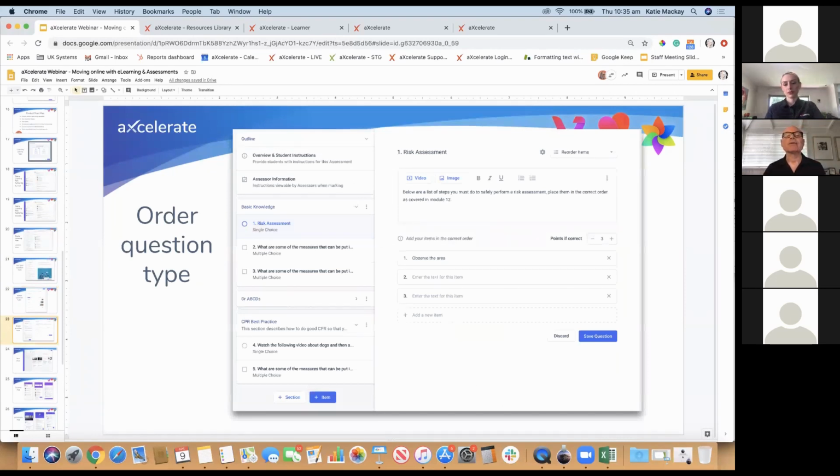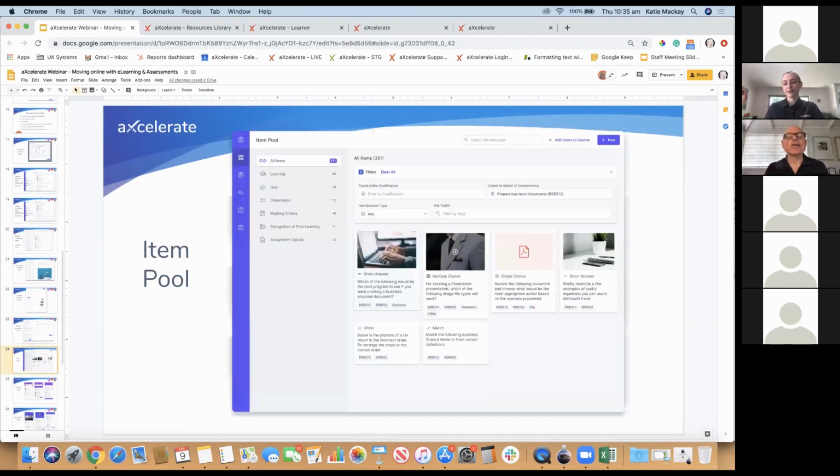So just being able to reorder things in the correct sequence to achieve the outcome for the question. Procedures and that sort of thing that you might want people dragging into the right order. That's right. Cool. And then what we're going to focus on is item pools and the ability to